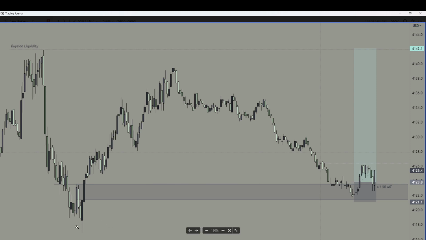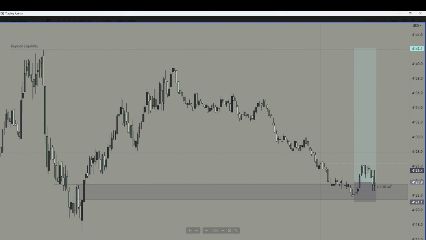correct. We are in the discount of the last dealing range, taking out multiple levels of sell side liquidity, coming back in a breaker block, coming back in a fair value gap, and coming back in an order block. At that moment here, we had resting sell side liquidity again, a stop hunt, and then a reversal. So at this moment, this is a valid entry pattern, but the question is always, with the pattern that you